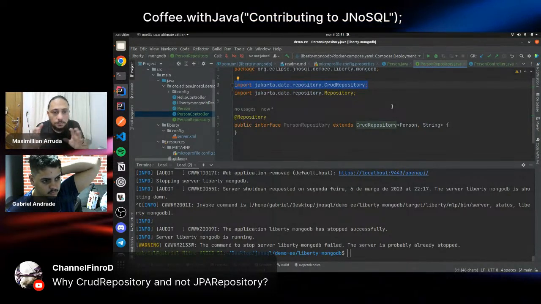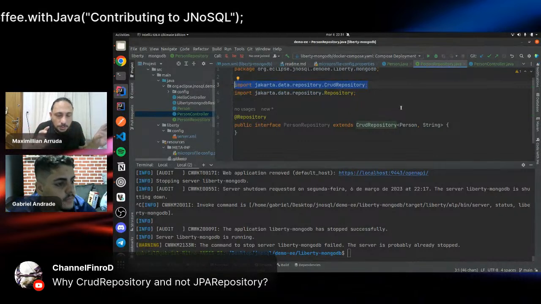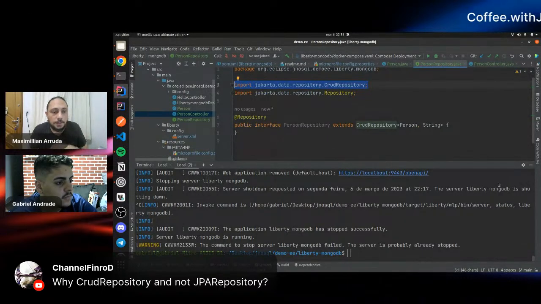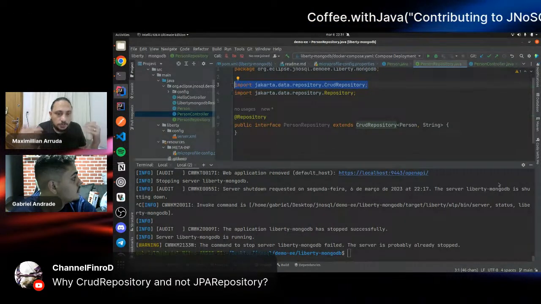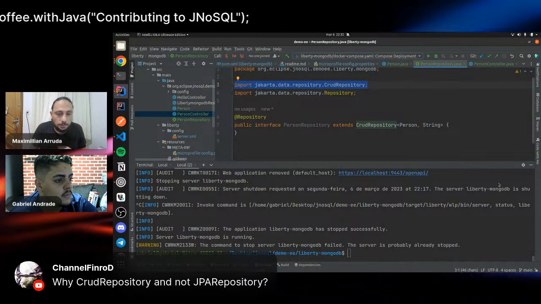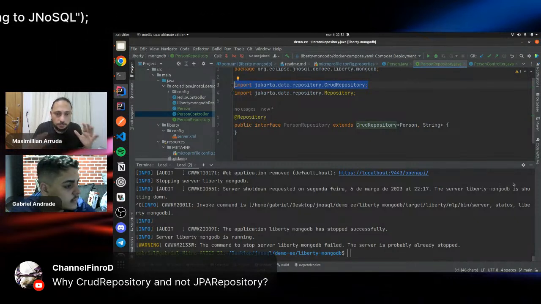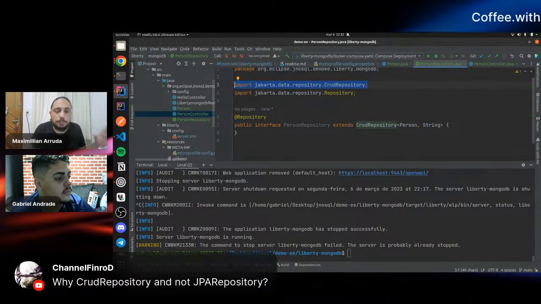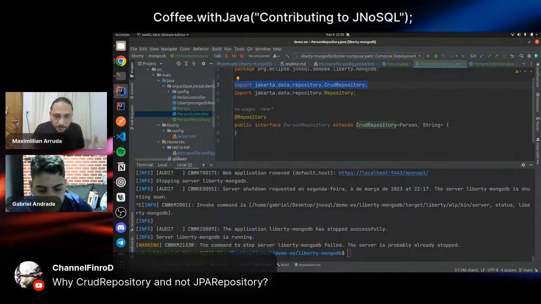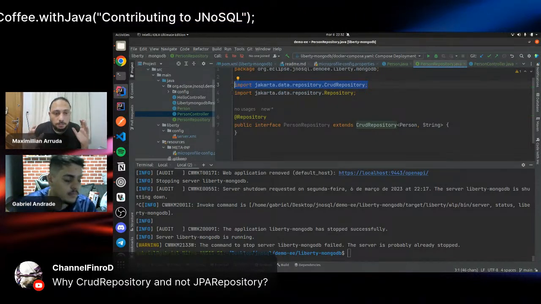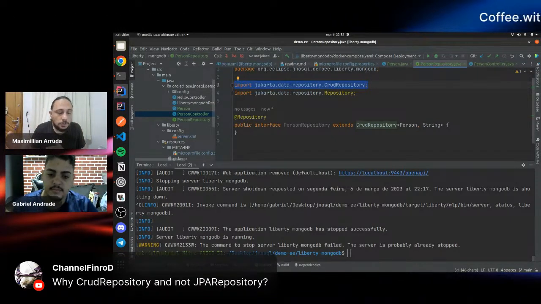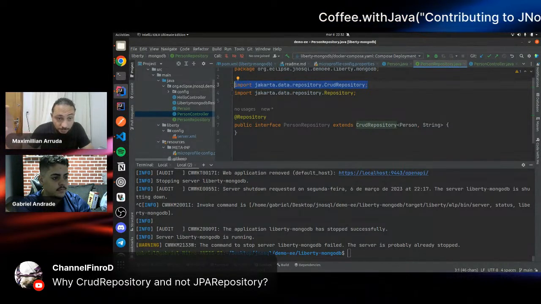That's the reason why most of those interfaces are very similar to JPA, because we are familiar with JPA, Spring Boot, Spring Data, and so on. So that's why we are not using JPA repository: we are not using a Spring specification. We are working in a project focused on the Jakarta world. There's no Spring in here.